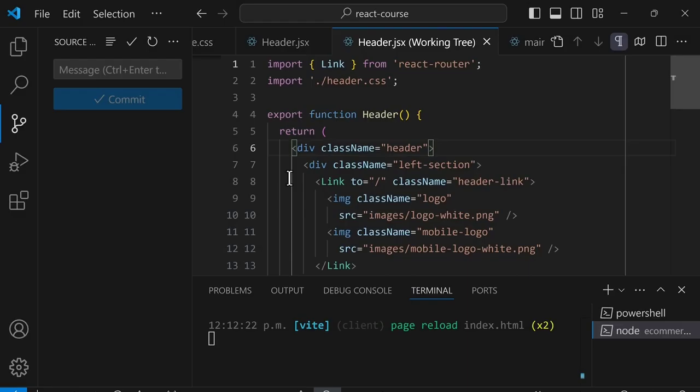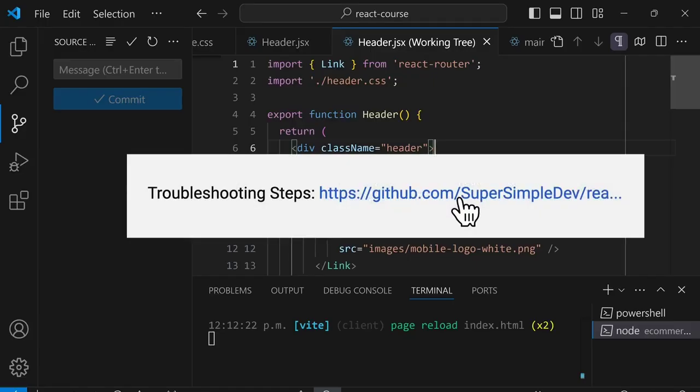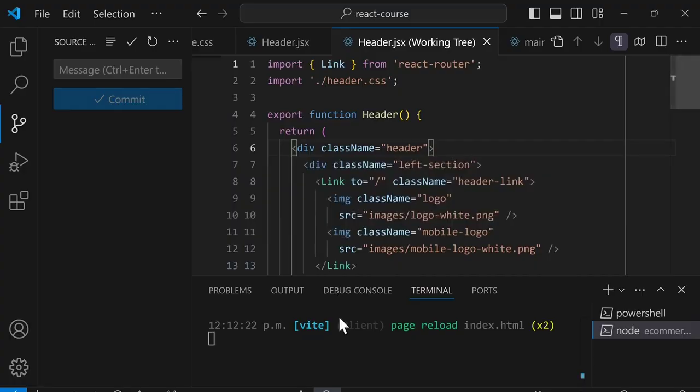In this lesson, we're going to start making our e-commerce project interactive. And then we'll learn how to use a backend with this project. By the way, if something in this lesson does not work for you, you can check the troubleshooting guide in the description. First, if we look at our website,